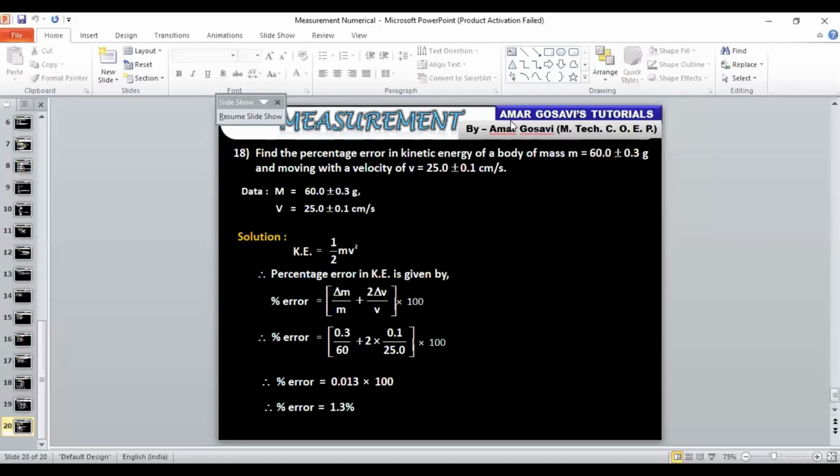The next time we are meeting is, I believe, Thursday. On Thursday, I would be discussing a tricky topic, dimensions, very interesting and important. And once that dimension topic is over, then I will show you what type of problems were asked in NEET examination, recent examination, NEET or JEE Mains or entrance examinations, on this particular topic, measurements. So we would be talking about that also. So slowly, we would progress.